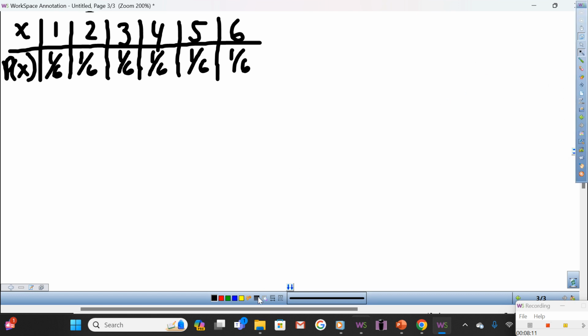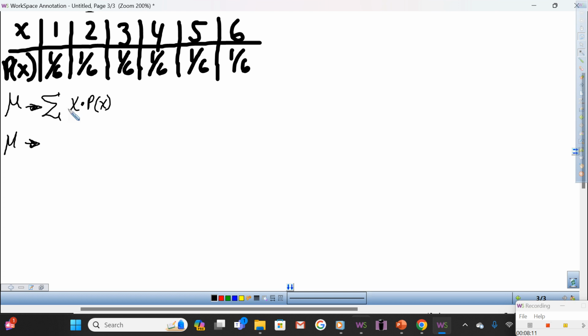What is our first formula? Let me write it down one more time. Which is what? Mu. And what did that say? It said that in order to find mu, find the sum of what? The given number times P of X. So, let's do that together. Here we go. So, to find the mu, we need to find the sum. That means add everything for each one of these.